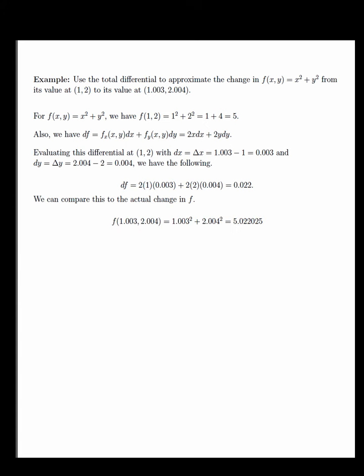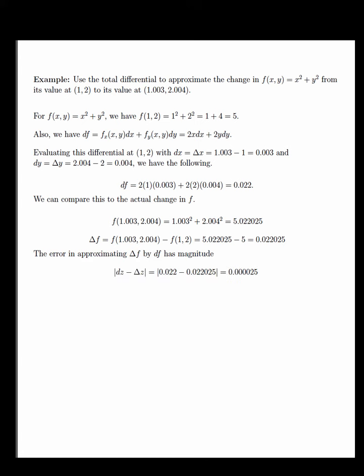We know that f at 1.003, 2.004 is equal to, when we evaluate it, 5.022025. And we can compute the change in f by looking at the difference between f evaluated at 1.003, 2.004 and f evaluated at 1, 2. Computing this change, we get 0.022025. The error in approximating delta f by df has magnitude, absolute value of 0.022 minus